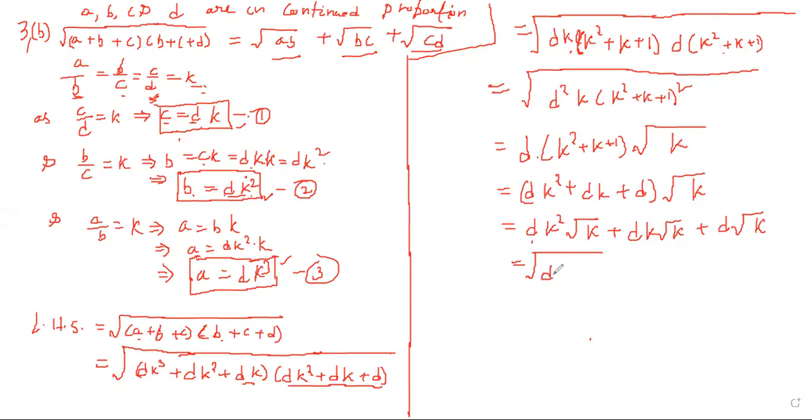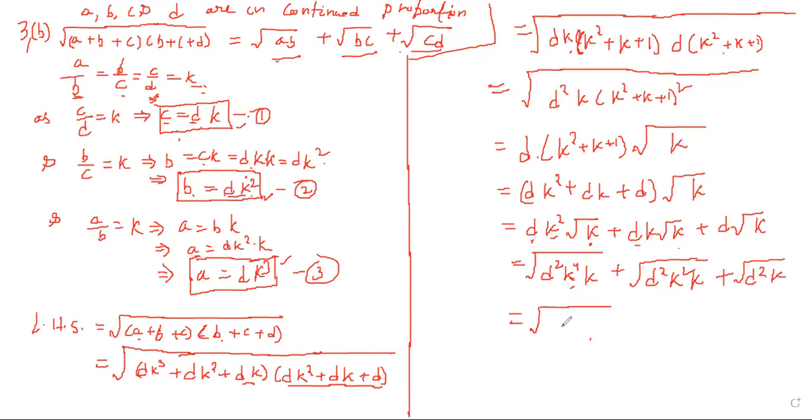So d becomes d square, k square becomes k to the power 4. This root k remains k. When there is multiplication, we can write all the terms inside the square root by squaring them. Square of d is d square. The square of k square is k to the power 4, and square root of k is square root of k only. Plus again, this d is written as d square, k is written as k square, and this k is k, plus square root of this d again becomes d square. So there are 3 roots, as we have to bring 3 square roots, sum of 3 square roots in right hand side. So we have converted them to 3 square roots.